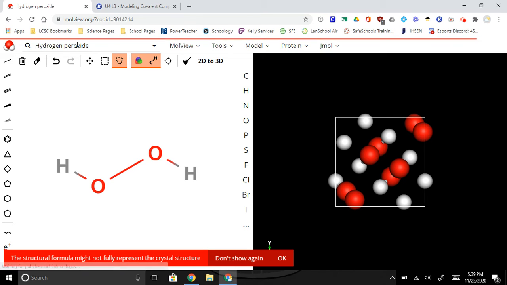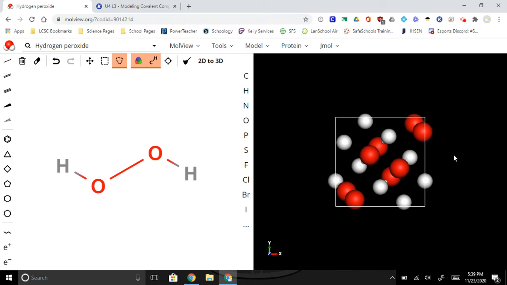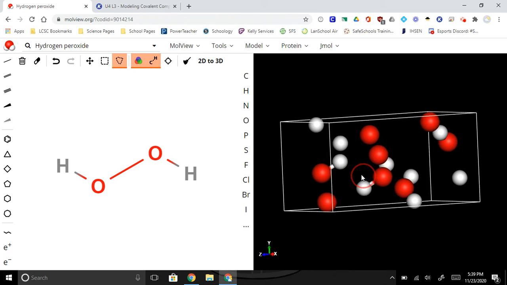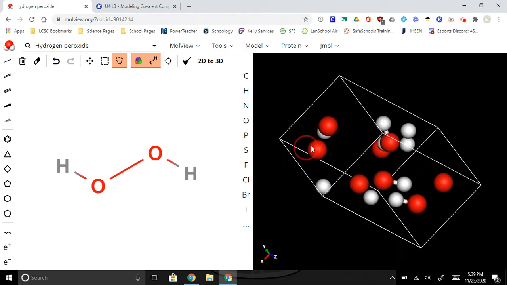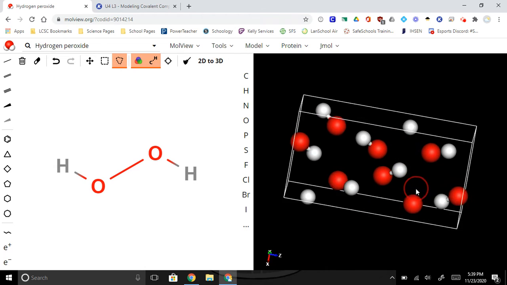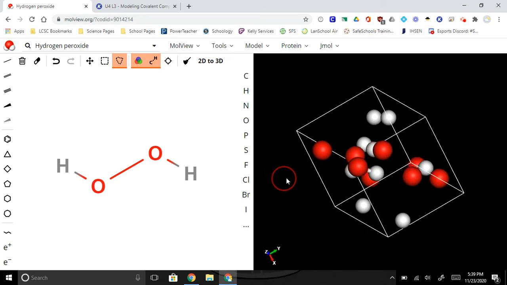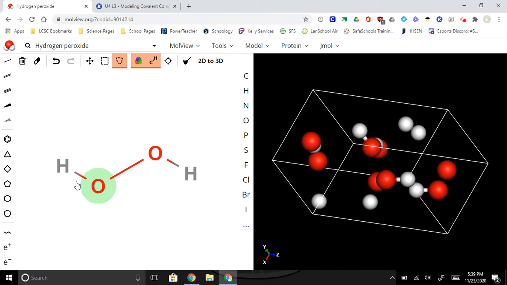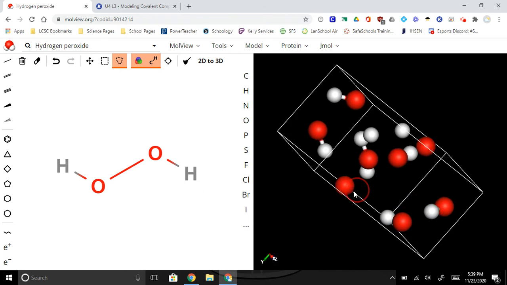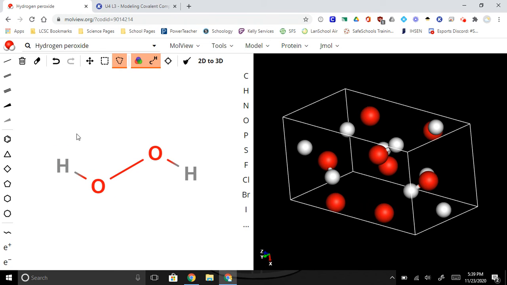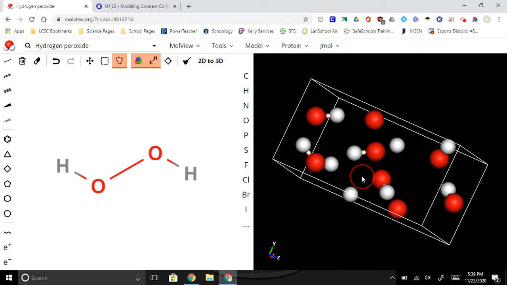See what we get. Ooh. Okay, so I got something interesting. This looks a little odd. And this is one of the things that I mentioned you have to watch out for. MolView does its best to search its database to find something for you, and this over on the left looks good. This on the right, not so much. So for now, this will be okay to help us draw our structure, but we might come back and try and find a different version of hydrogen peroxide